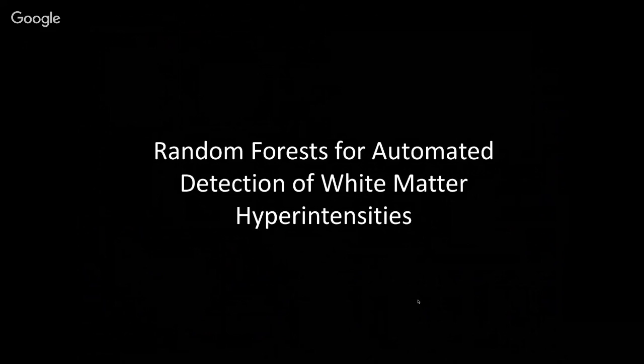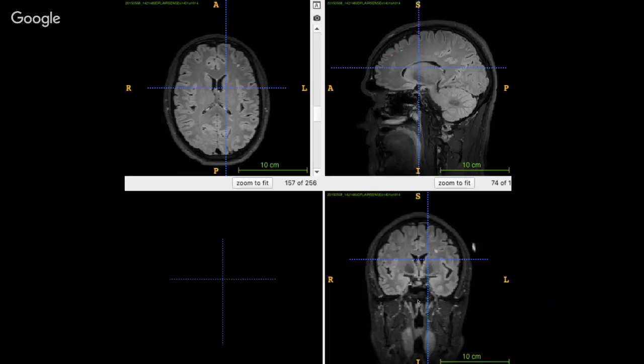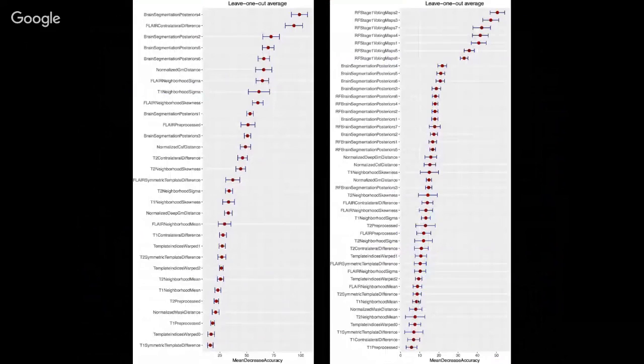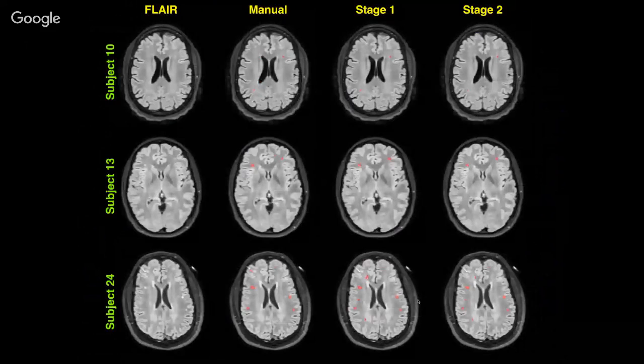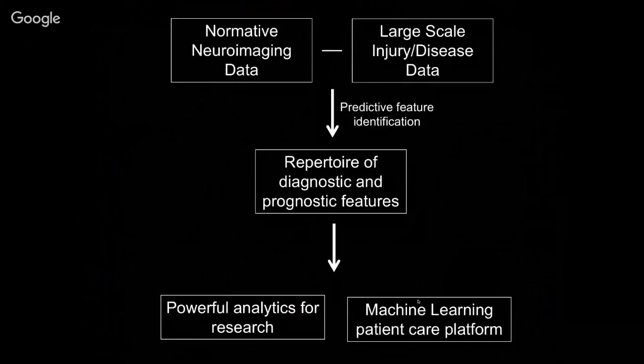So more recently, we worked on a random forest approach for detecting white matter hyperintensities. And so again, by going through this approach of manually segmenting the lesions of interest and then trying to understand what the features were that were representative of these lesions of interest, we were able to come up with a weighted set of features that comprised our decision tree and then go through a variety of different stages to create this automated approach.